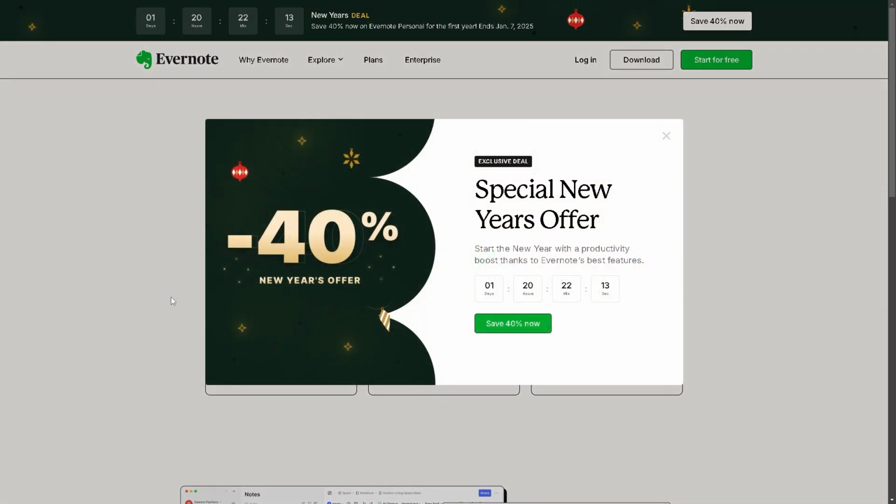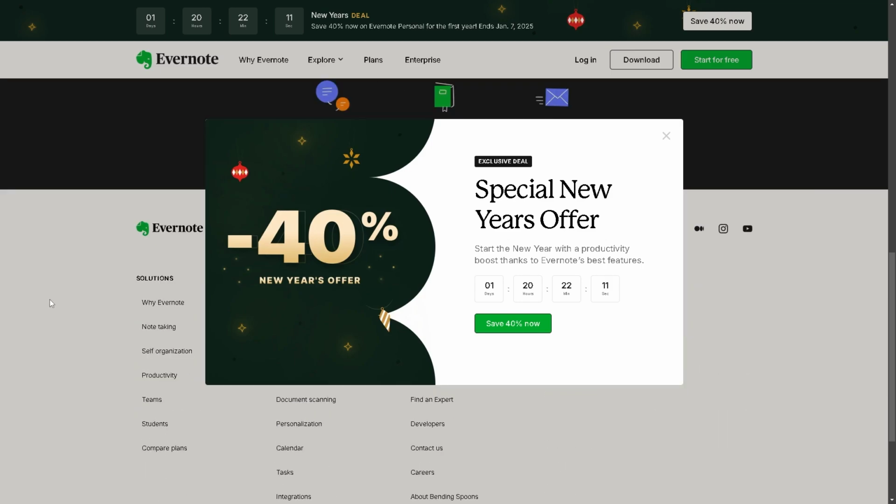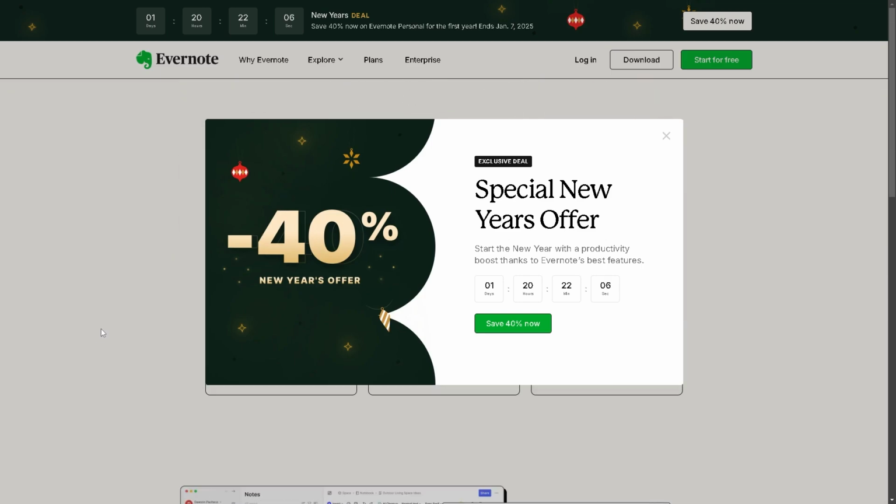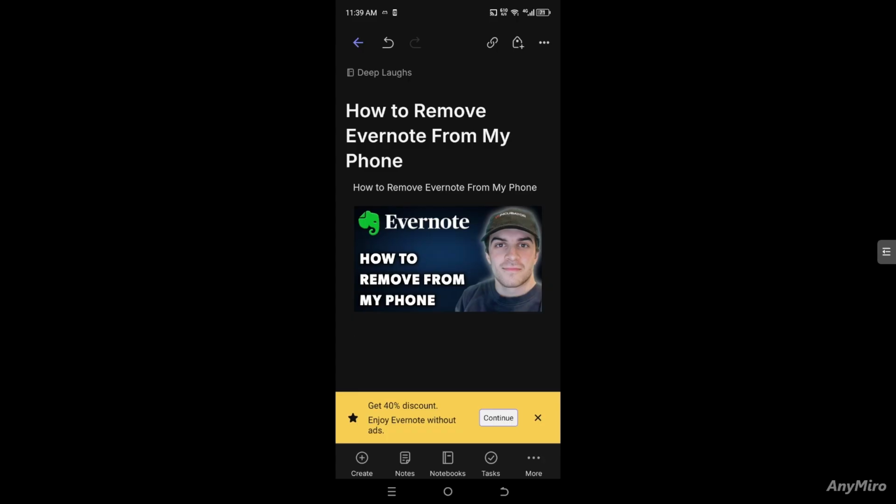In today's video, we are going to show you how to remove Evernote from your phone. Let's begin. To remove the Evernote app from your phone, you just have to follow these steps for your specific operating system. Now, it's kind of different steps if you're using the iPhone or iOS, but for Android, all